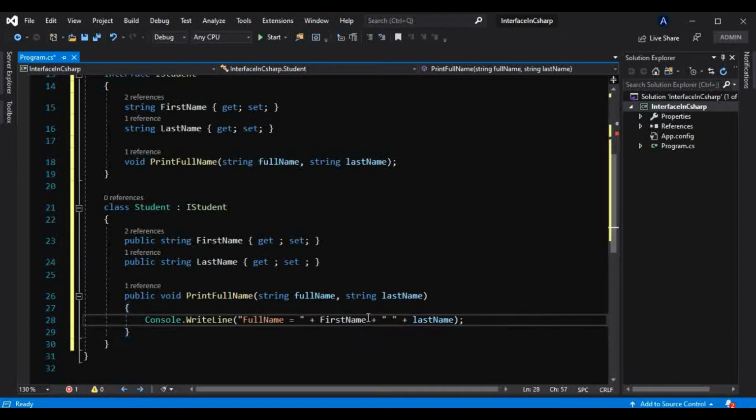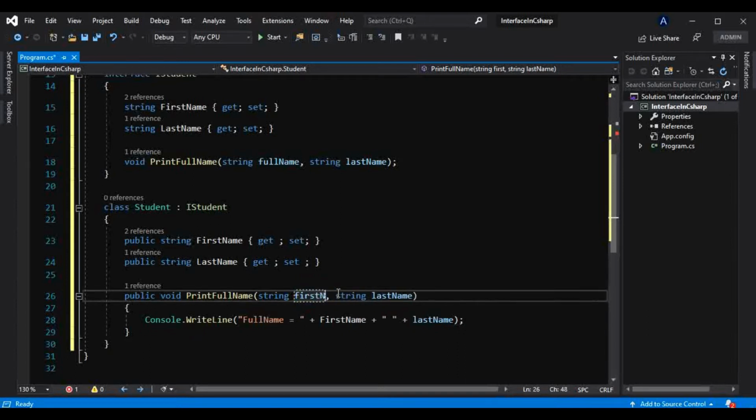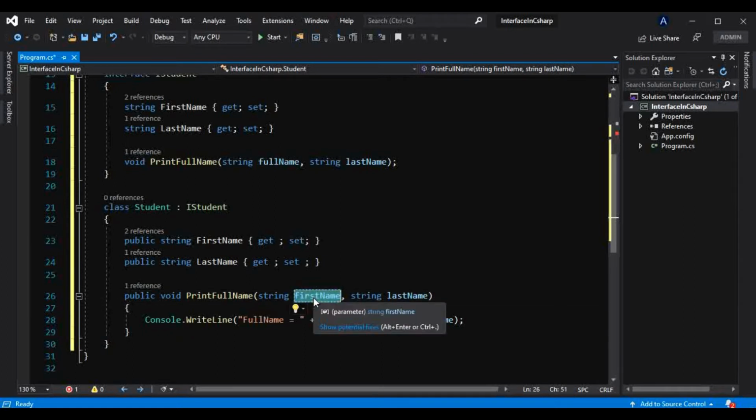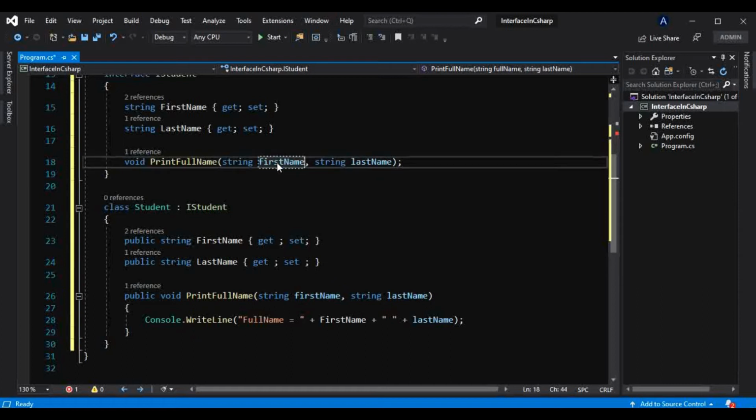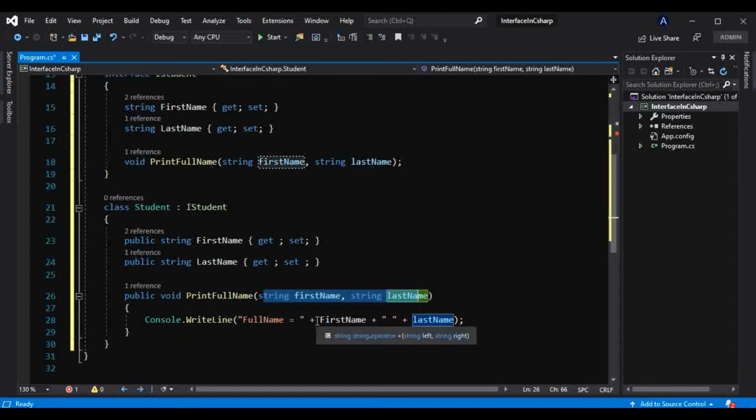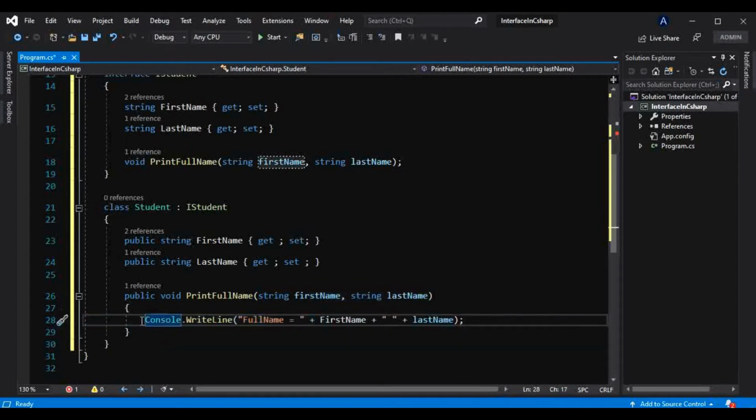Okay, so here it should be first name and not full name. I will change that here as well. Whatever first name and last name come into this method as parameters, we will show by appending those first name and last name onto the console.